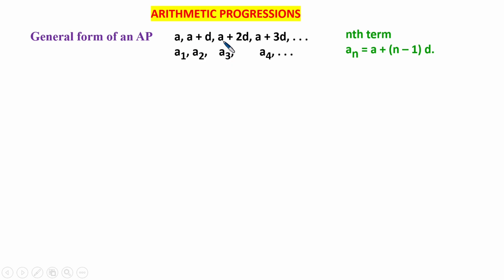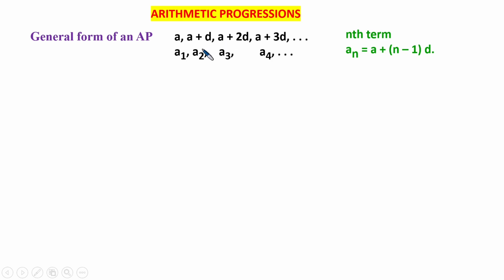And the third element is a plus 2d. Again, the difference between the third element and the second element is a plus 2d minus a plus d, that is again d, and so on. The difference between the consecutive elements will be d. So I can write nth term as an is equal to a, the first element, a plus n minus 1